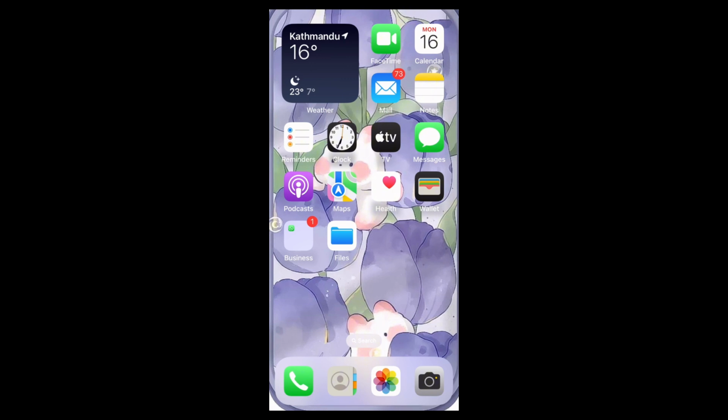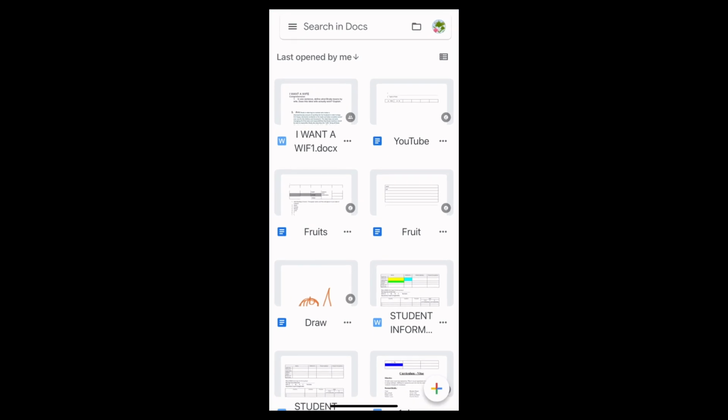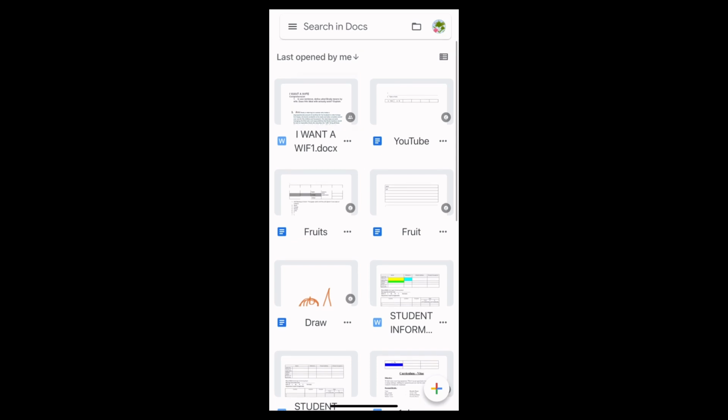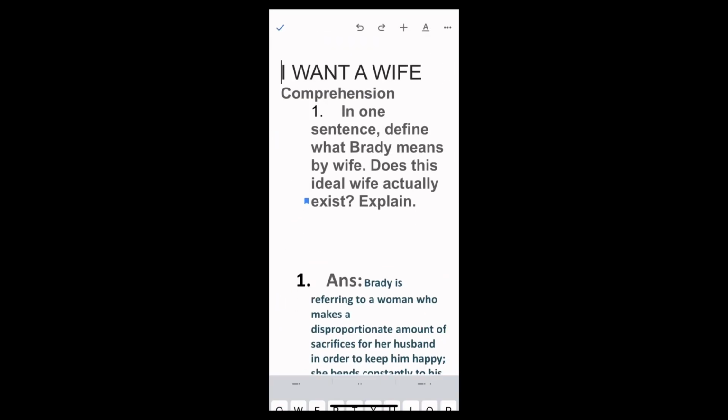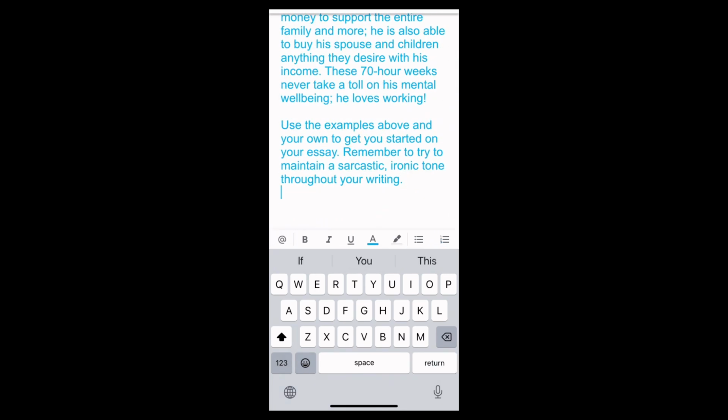So let's get started. First of all, find the Google Docs on your home screen. Now open it. Now choose one document that you want to add the page. Simply tap on it. Then tap onto the pencil icon and tap onto the plus sign button at the top